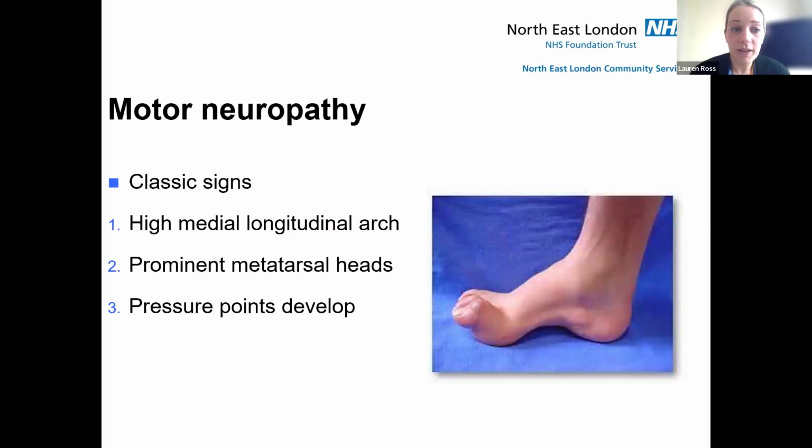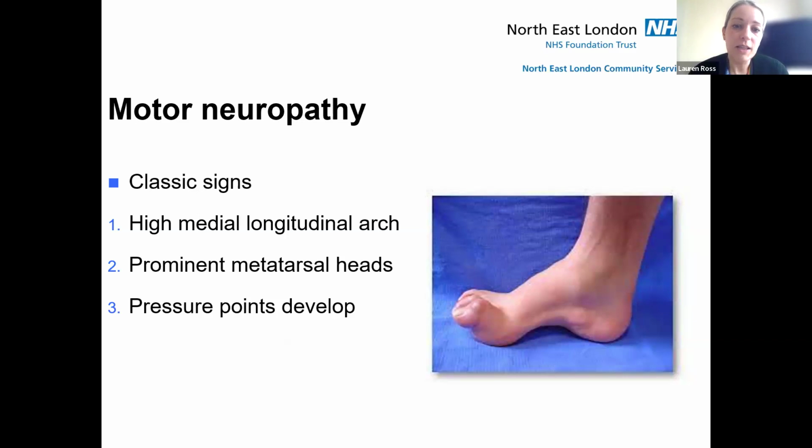And motor neuropathy. So this can lead to foot deformities, with the classic being a really high arched foot. So you can see in this photo here, it's got a really high arched foot. The toes tend to retract backwards. So then you end up with really high pressure points underneath the balls of the feet and on the tops and the tips of the toes, which, wherever there's high pressure, does increase the likelihood of developing